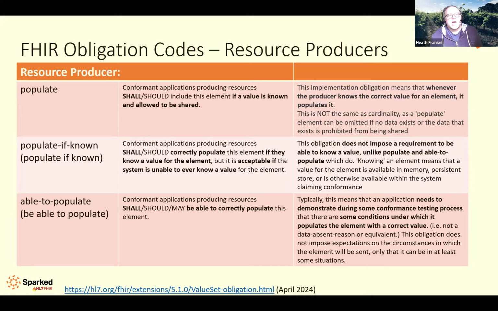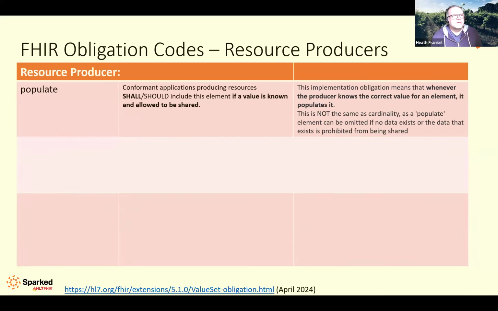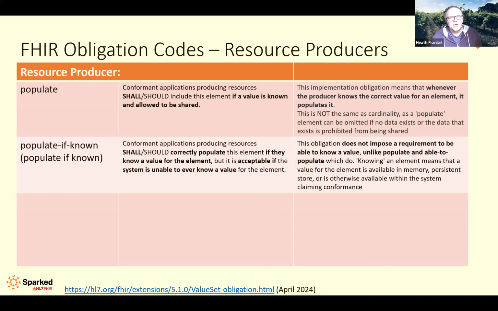In other words, they've had to knock up something just for the case of getting across conformance. So we objected to that because the populate one, which seemed on the surface what we wanted to do, being is known and allowed to be shared. We were expecting them just to detach that inheritance, but they didn't. What they did was add in a new obligation code called populate if known, which almost did what we intended,